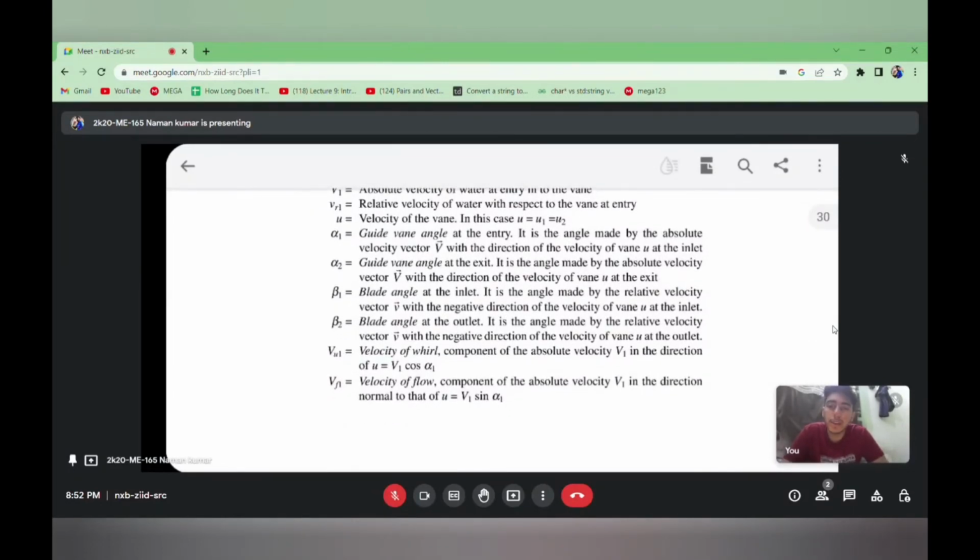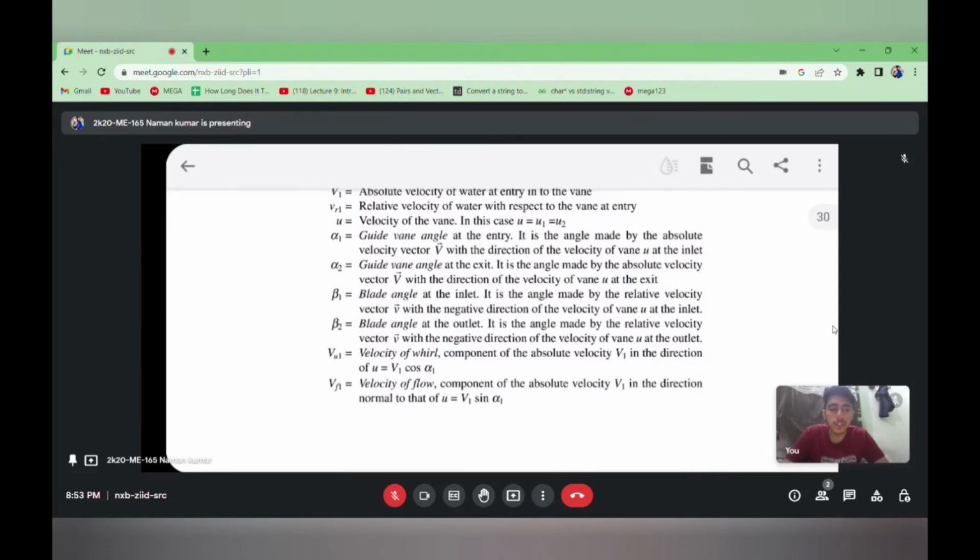Beta 1 is the blade angle at the inlet. It is the angle made by relative velocity V with the negative direction of velocity of the vane U at inlet. Beta 2, blade angle at outlet. It is the angle made by relative velocity V with the negative direction of velocity of vane U at the outlet. VU1, basically the whirl velocity, the tangential component of the velocity,